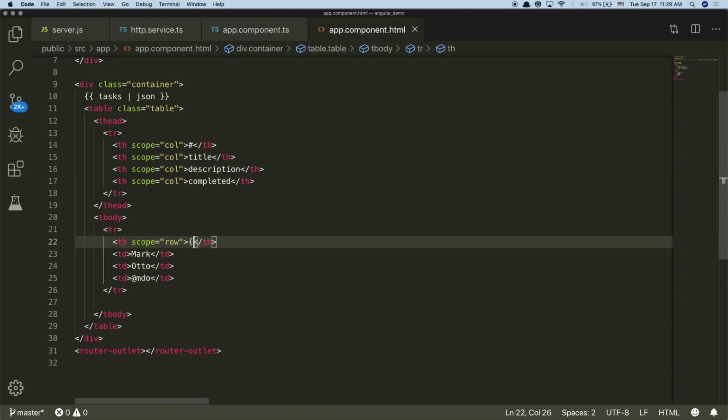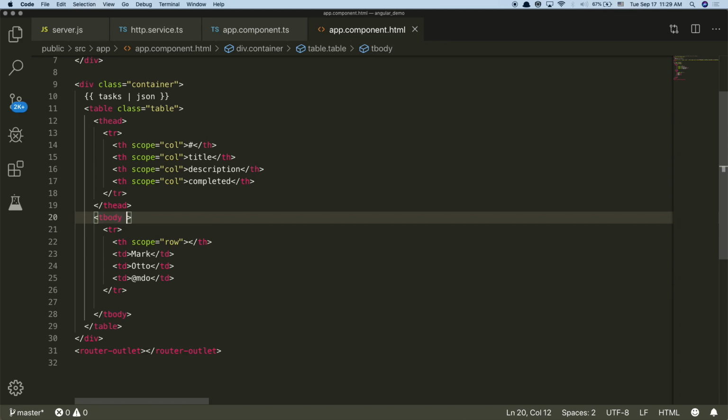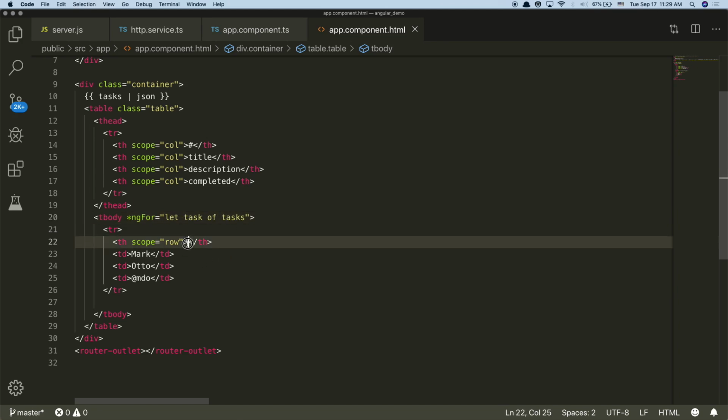Okay, so in here we'll have, first we need the for loop. We'll do it in the body. Okay, so *ngFor equals let task of tasks. So then inside here we have task.id